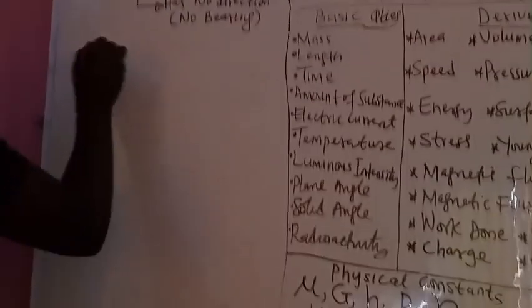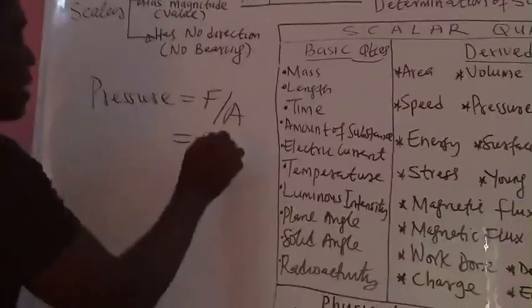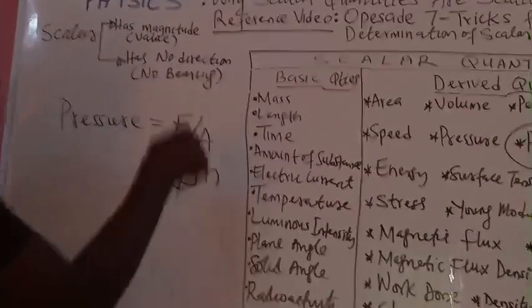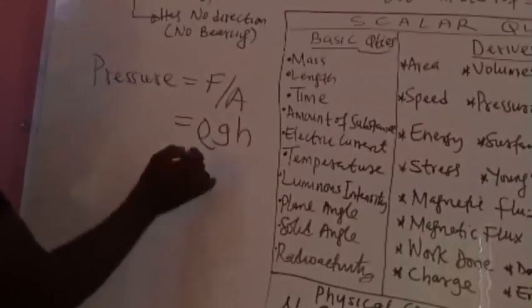Let's look at pressure. Yes, that's another quantity that is so contradictory. Pressure can be force over area. It can be density times acceleration due to gravity times height. Any one of these will give us the dimension that we want. Now let me use this. Density is mass